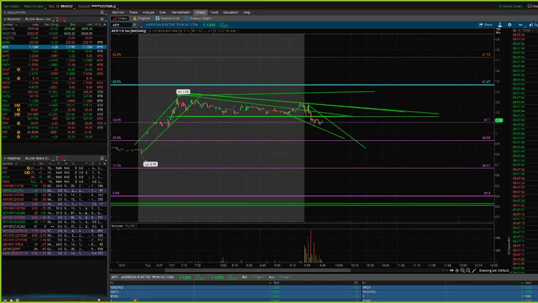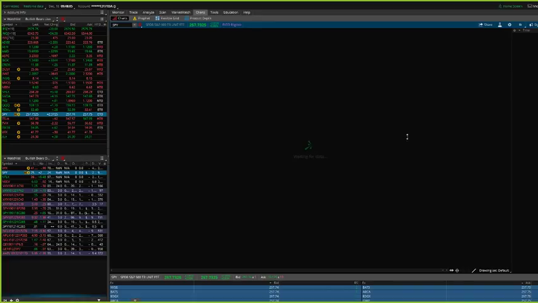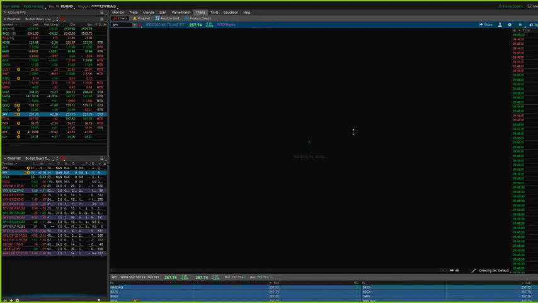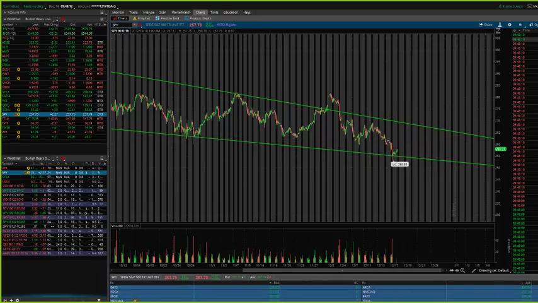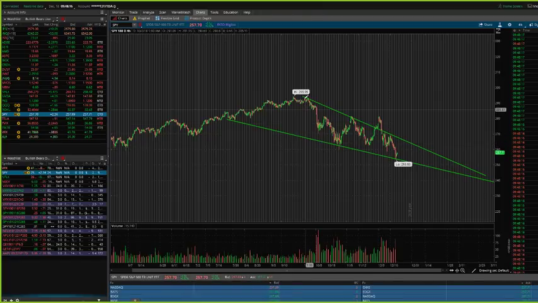Breakout to SPY on the downside. Is that what you're seeing? On SPY, the chart will look a little similar to futures that I just covered. So with SPY, you've got this